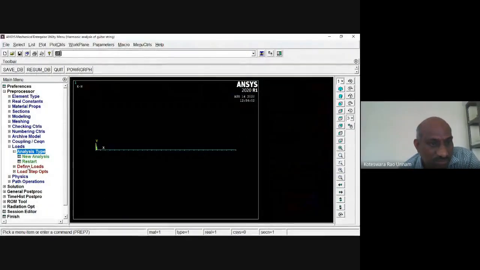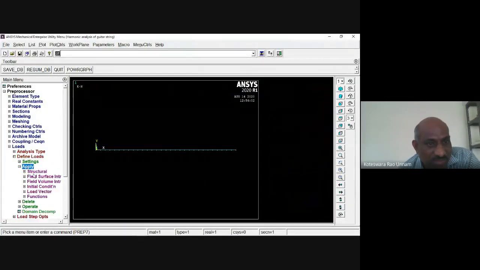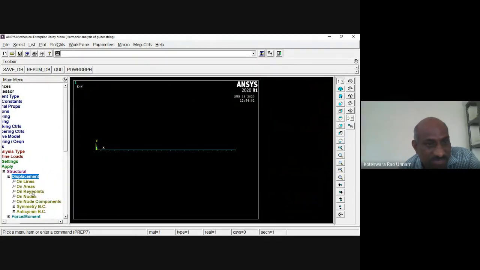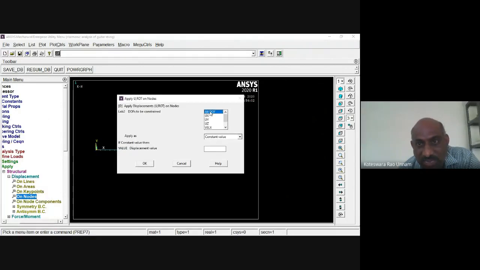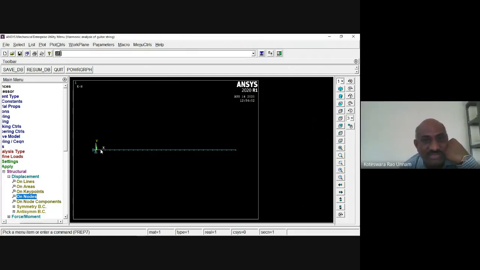I'll go to define loads, apply structural displacement on nodes. First I'll select the leftmost node, then fix it, which means I apply constraint on all degrees of freedom. So it is fixed now.